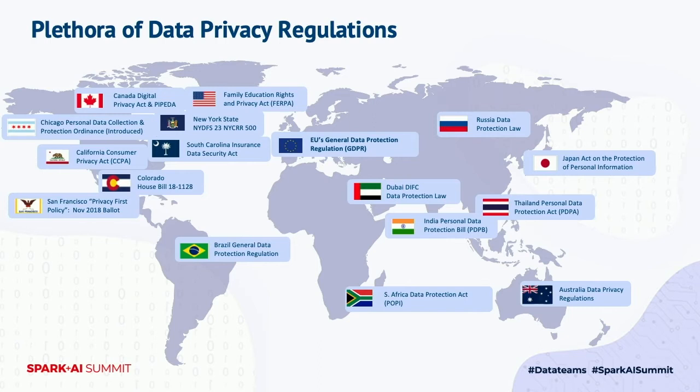Yeah, so first, there's a plethora of different data privacy regulations around the world. What you see on the map here is just a sampling or representative sample of some of those regulations. Clearly, we're going to talk specifically about California Consumer Protection Act, in this particular session. But the one common thread you're going to see across all of these is that these are all generally converging on an internationally accepted set of standard privacy principles.